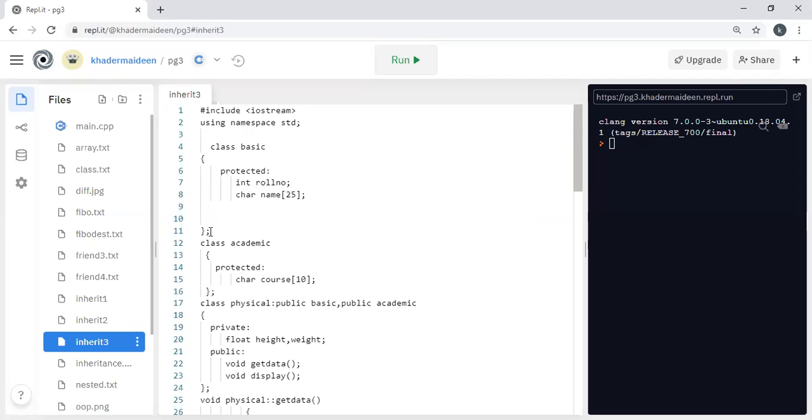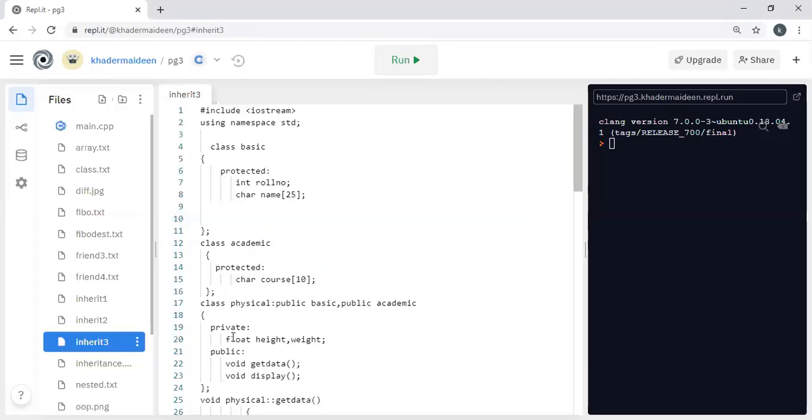So close that class. The next one is academic, which is a derived class. Under the protected category, we define the course. Then physical is another derived class whose base classes are basic and academic.